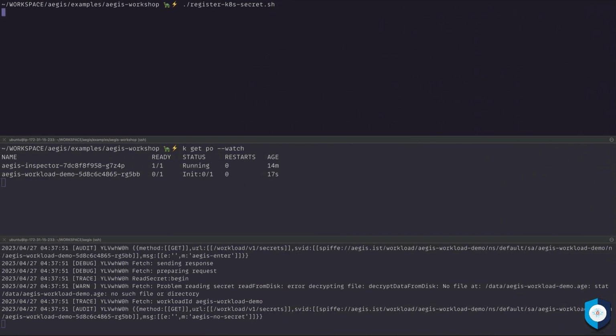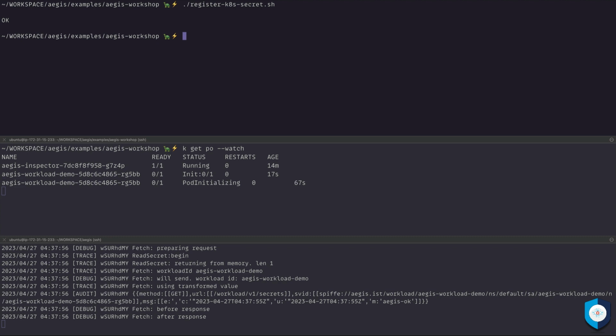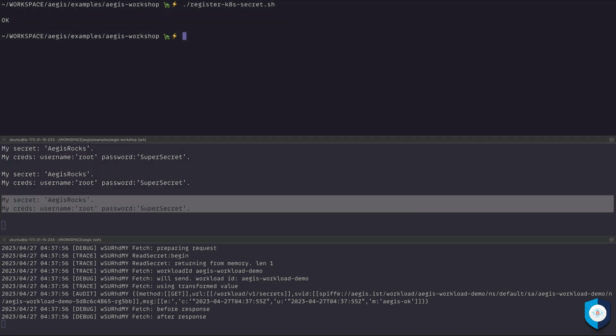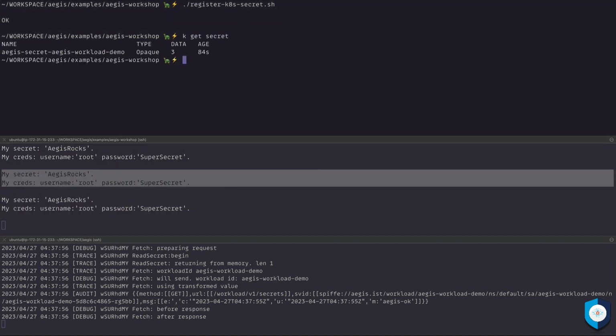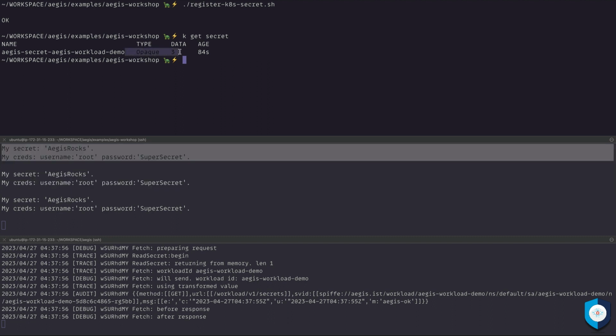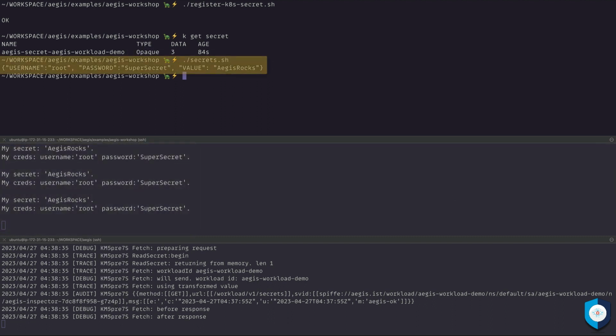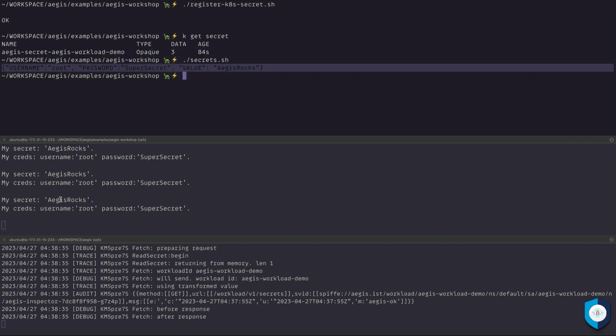So let's run this. And as soon as we get an OK acknowledgement, you'll see that the pod has started initializing. And in a few moments, it is ready and running. When I tail the pod logs, it correctly displays the environment variables, and when I check the Kubernetes secret, you can see that it has 3 data items corresponding to these values here. To double check, I can list the secret here,